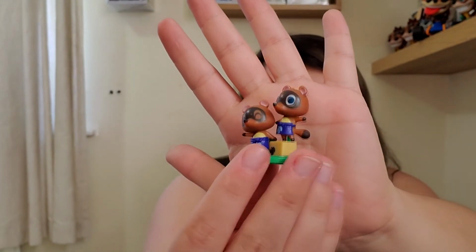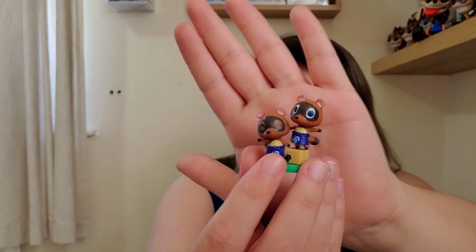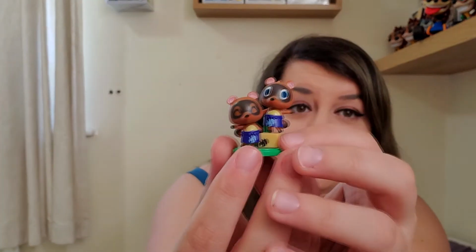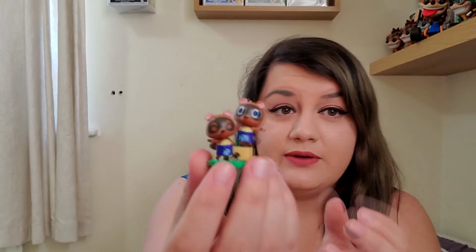I think at the moment this is the best figures to have. Definitely the best. Even just the little detail of the leaf on the box. So everything about it is truly amazing, and I love that one a lot. So we've got 3 down, and we have 7 more to go. So next up,